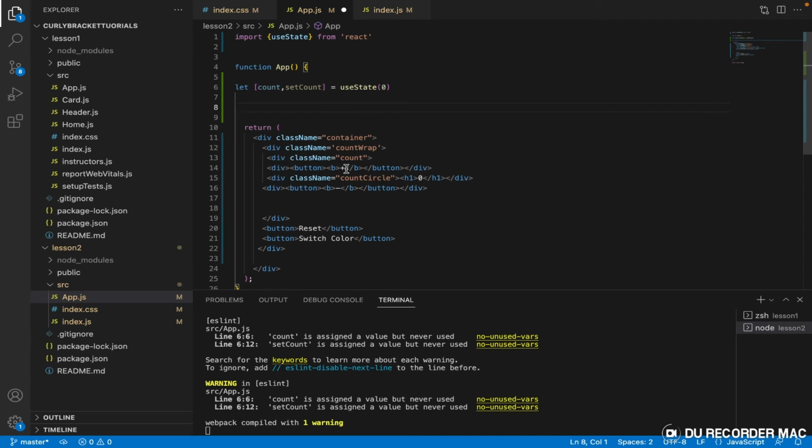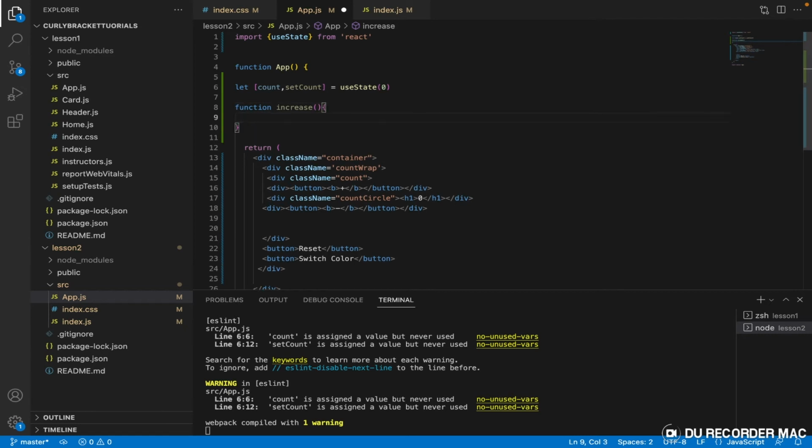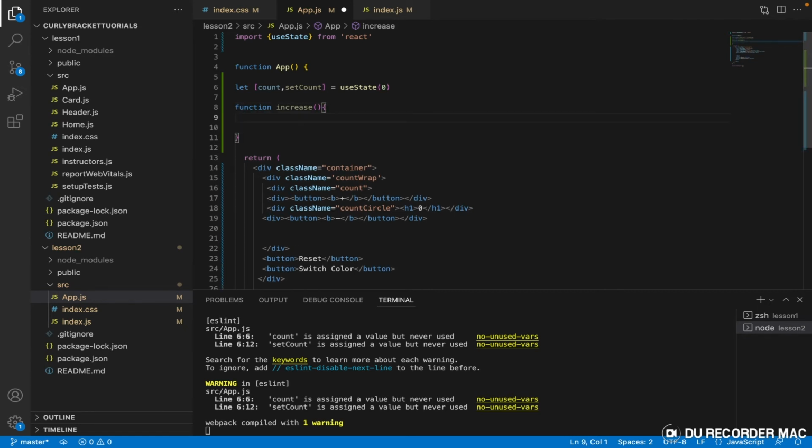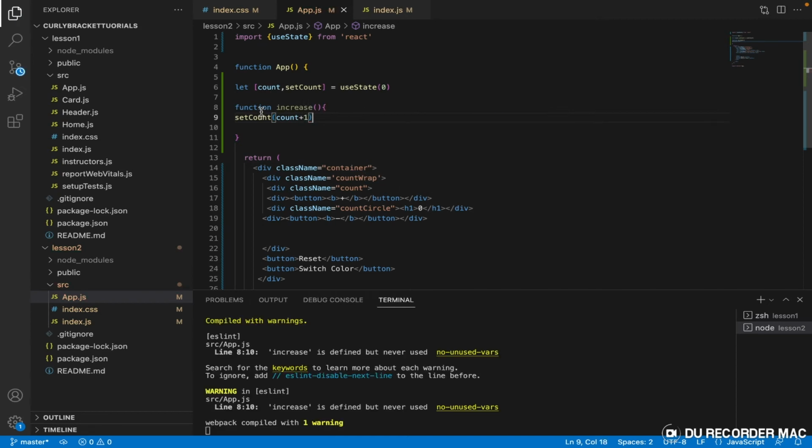All right, now we need to make our buttons functional. So let us work on the increase button first. To do that, we need to declare function increase, and then we'll say every time this function is called, we want setCount to perform the following operations. We want it to increase the value of count by 1. Every time this function is called, we want it to do one simple thing. We want it to increase the value of count by 1,